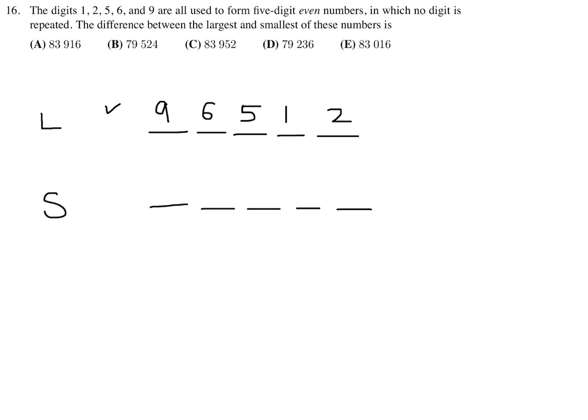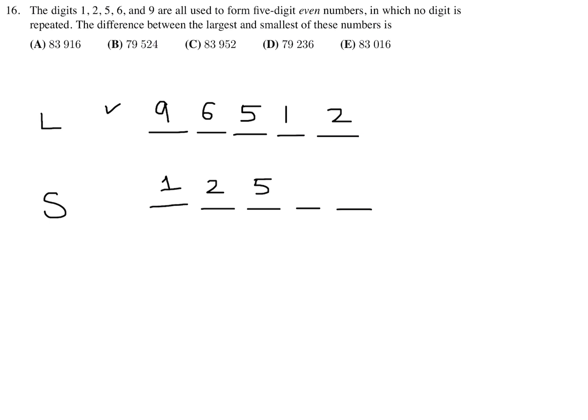Now let's do the smallest one. Same kind of principle, but now we're working this way. Or you can go this way with the smallest numbers. Either way, it doesn't matter. Let's do it this way with the smallest numbers. Sure. So smallest number is 1. Next one is 2. Then 5. And